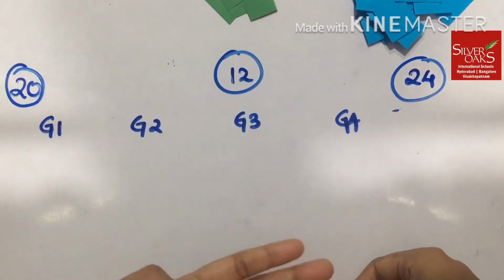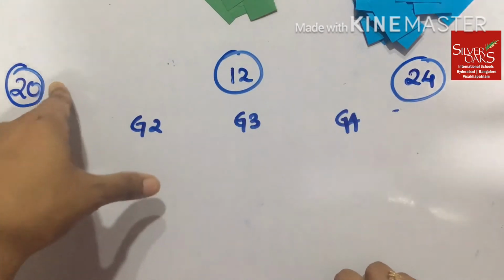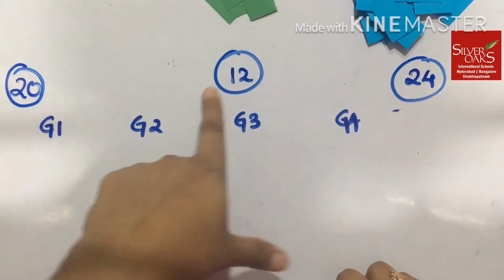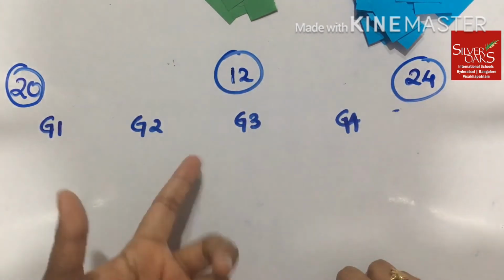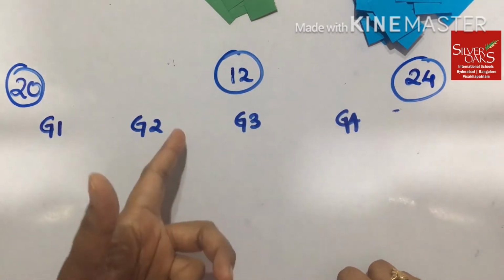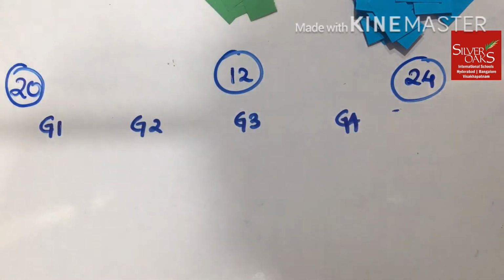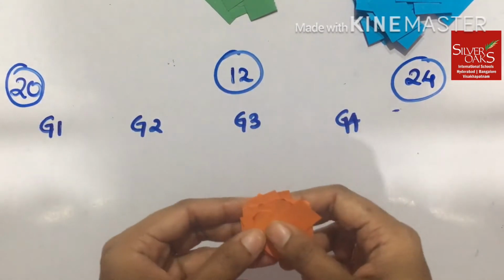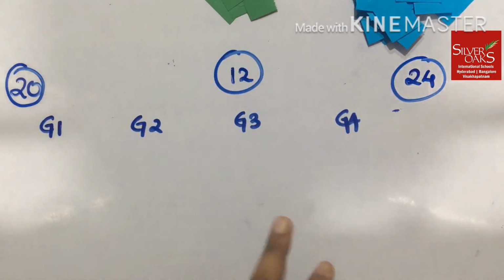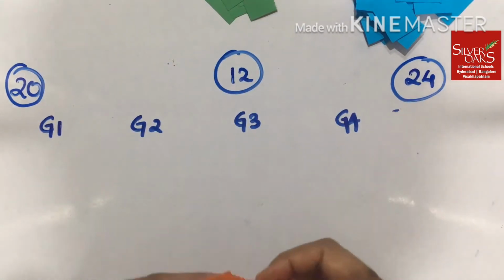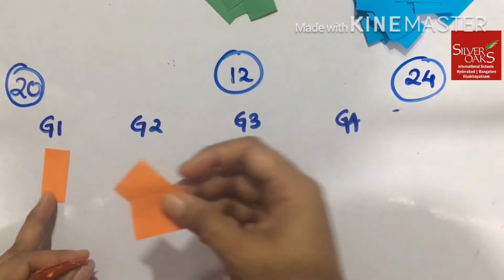We all know that it is possible because 4 is a factor of your 20. But also you need to check if 4 is a factor of your other 2 numbers too. Because if it is not a factor, there is no point in trying with the 4. As we know that 4 is also a factor of 12 and 24, I am going ahead. I will distribute these 20 papers equally amongst the 4 groups. We know that 4 5s is 20. So that means that each group is going to get 5 orange color papers.